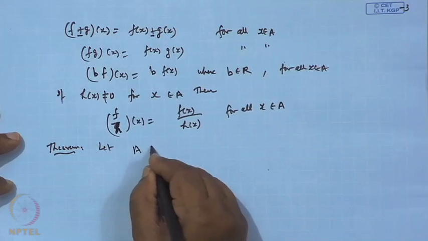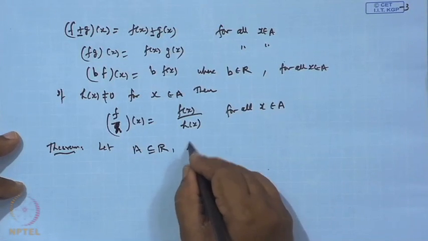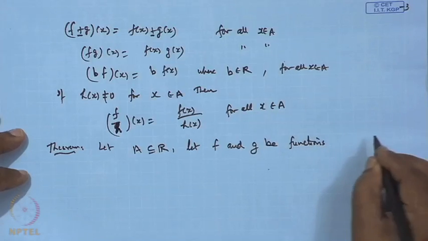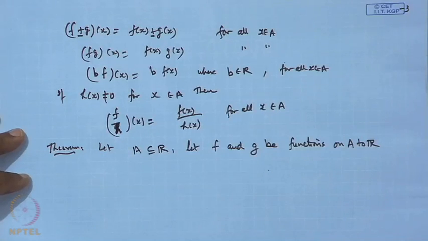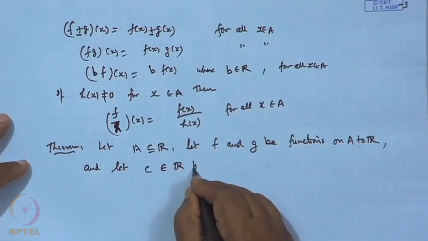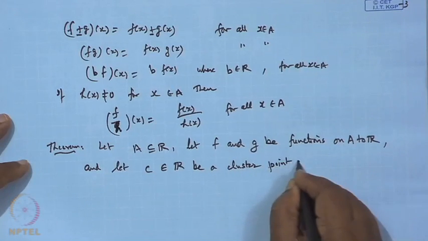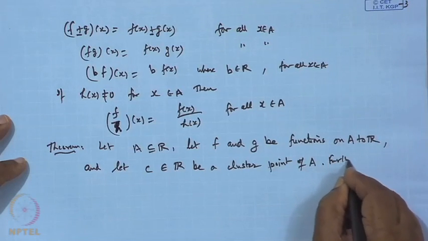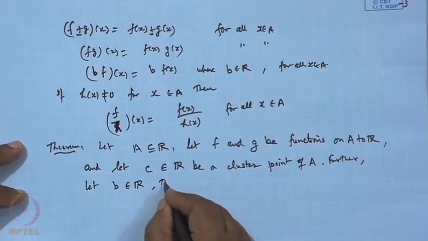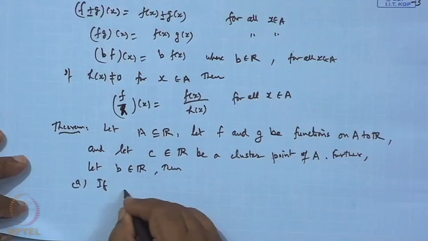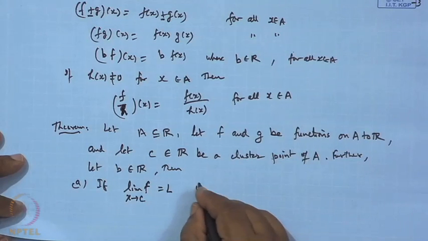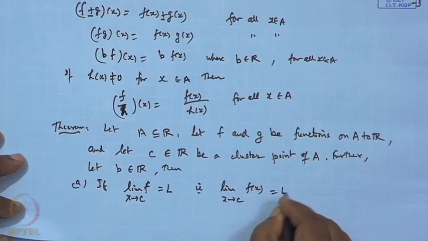Let A be a subset of R, and let f and g be functions on A to R, and let C, which is a point in R, be a cluster point of A. Further, let B be any real number belonging to R. Then we can state the following results: if the limit of f x when x tends to C is L, I am dropping the x suffix here, and